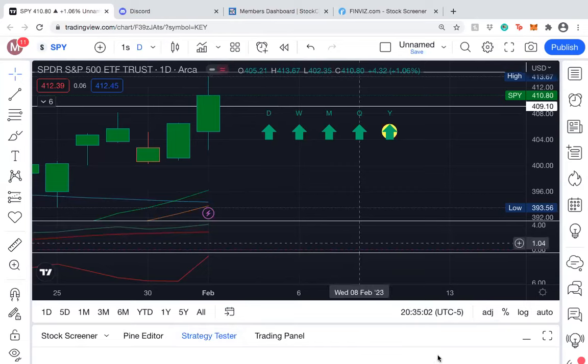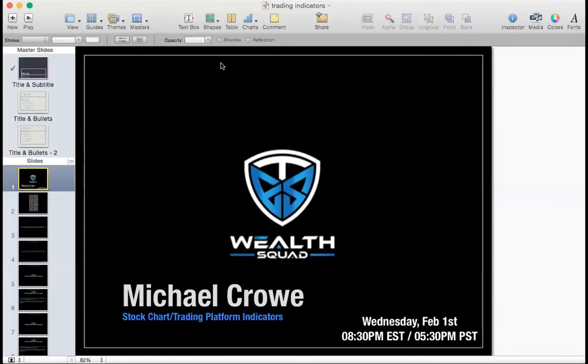Can you guys see my screen? You should be able to see the stock chart for SPY, and then flipping over, what about if I flip over here to this keynote? Can y'all see the keynote? Everything's good. All right, excellent. I had some trouble with this last time going between the two screens, so I'm going to keep it on